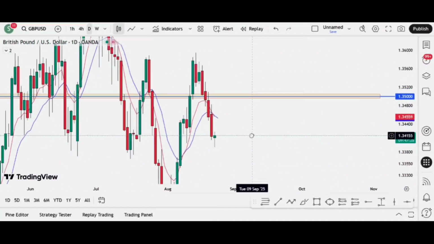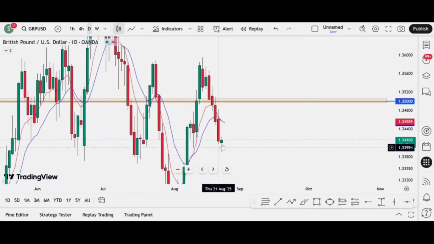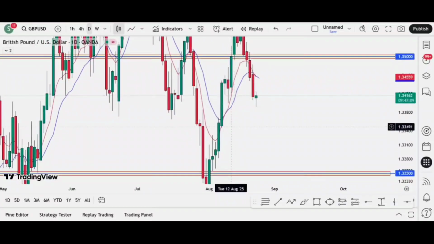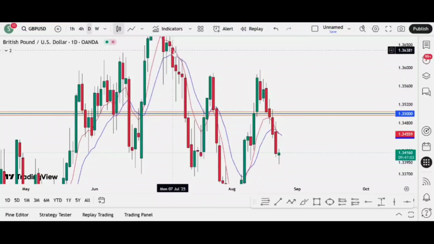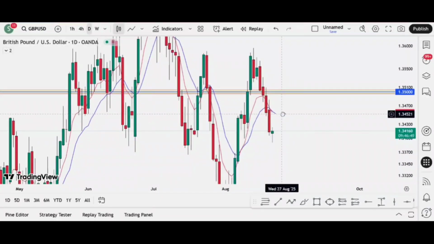Now here, how to identify trend. In this chart you are watching, this is our 8 EMA and this is our 14 EMA. When this 8 EMA crosses the 14 EMA upside, it's called uptrend. And when this 8 EMA crosses the 14 EMA downside, it's called downtrend. Here you see we are in the 1 day time frame of GBP/USD. Our trend is down. So that's the reason we are going to analyze the downside.